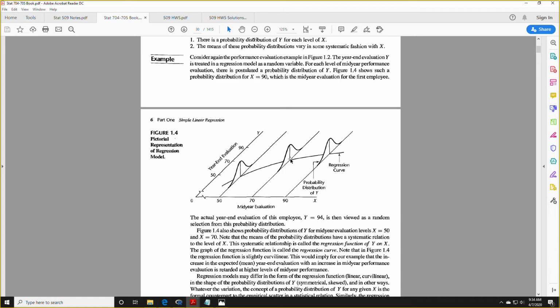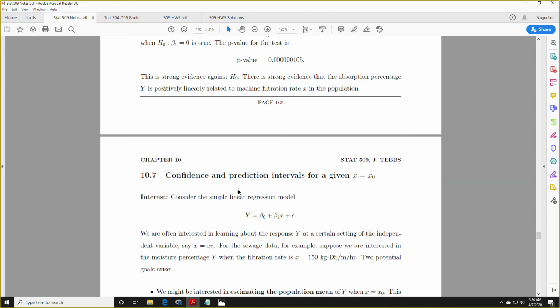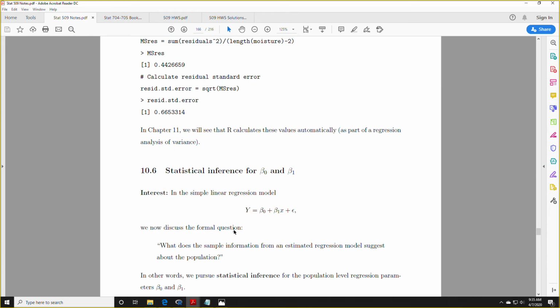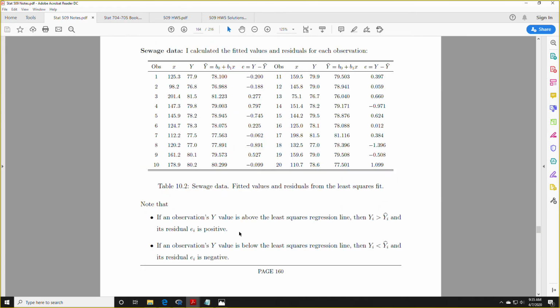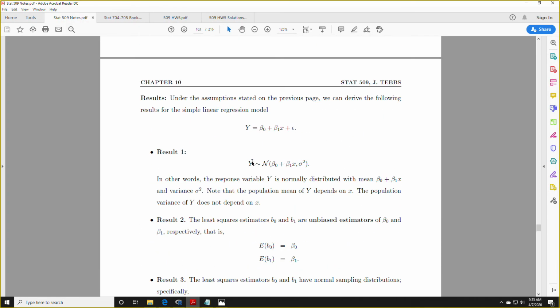So because we know that, we know the distribution of y, right, go back to that. Right, we know the distribution of y, and they all have the same variance, and the y values are going to be normally distributed with this mean, right? So the intercept is the same, the slope is the same, the only thing that changes is the value of